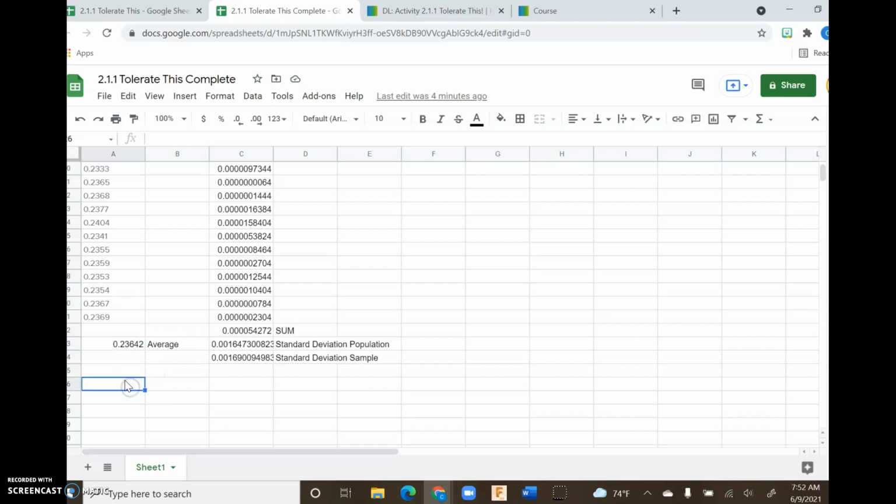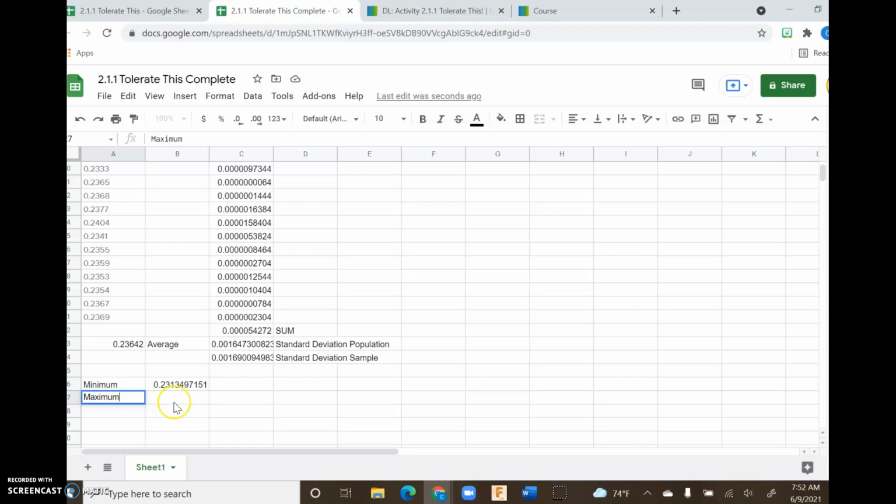So my minimum would be if I take that 0.263642 and I subtract, I'm going to use my sample one, 3 times. And we could do better math and do minus 3 times that. That's fine also. But so this is my minimum,